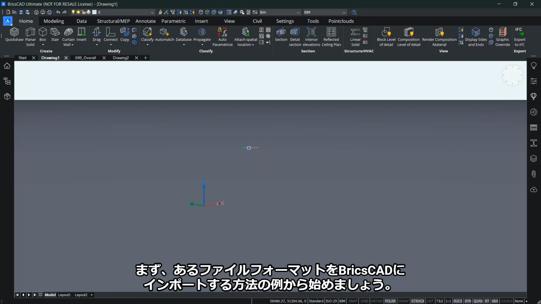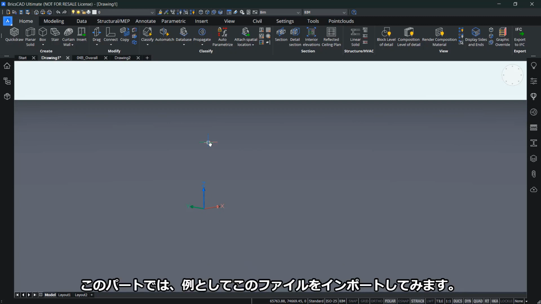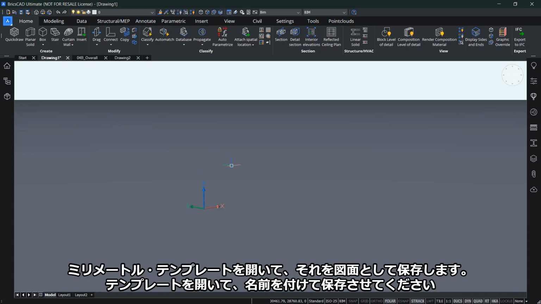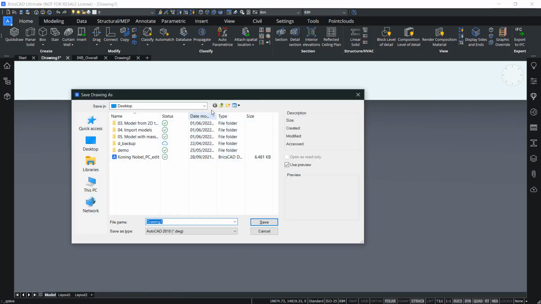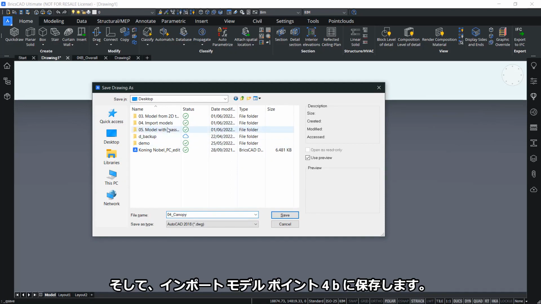Let's start with an example on how to import certain file formats into BricsCAD. In this case, a 3DM file is a Rhino 3D file, and this type of file is used a lot for 3D models without BIM data. So for this part, I'm going to import one as an example. Here I just have the millimeter template open, and let me save it as a drawing. So let's say 04 canopy, and then I'll save it into import models